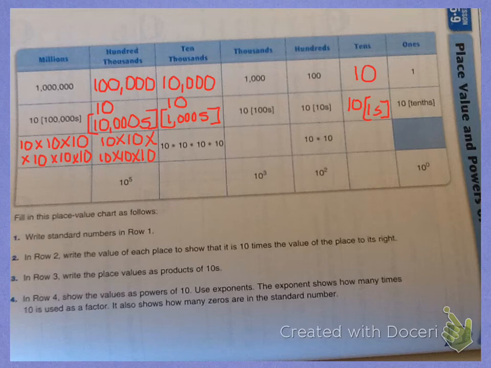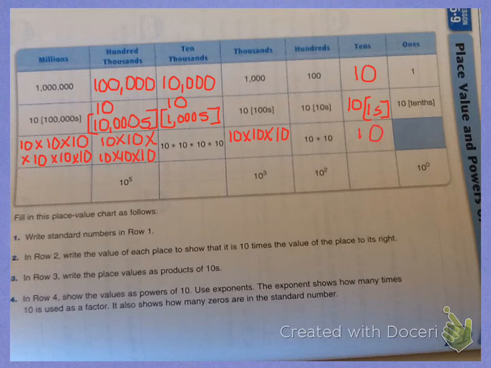So notice if I start at the left, I'm doing 6 tens. My next column to the right is 5 tens. The next column is 4 tens. What do you think this next column is going to be? If you said 3 tens, you're correct. So to equal 1,000, we would do 10 times 10 times 10. They did our hundreds for us, which was 2 tens, and then the tens column, it's just going to be